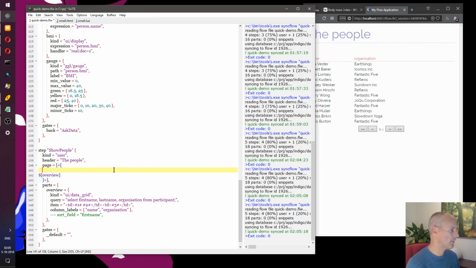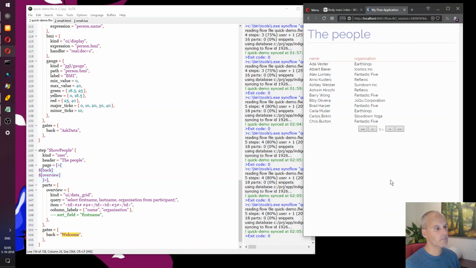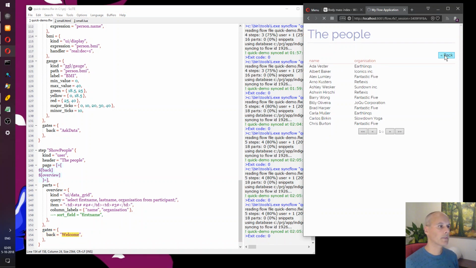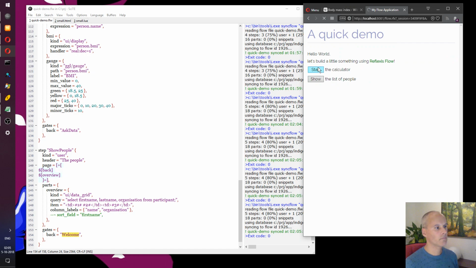I always forget that. So let's add the back button, and since the back button chooses the back gate, let's route this to the welcoming page. So here's the back button. Here we move to the calculator.